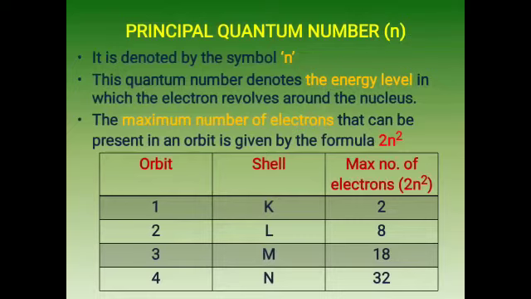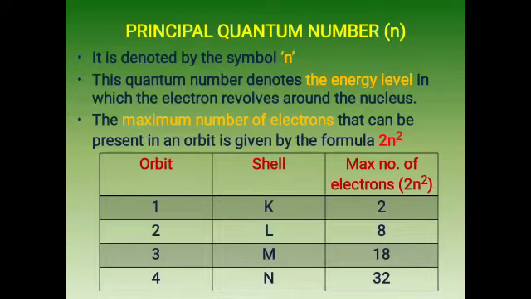Let us see about the principal quantum number. It is given by the symbol n. What does this principal quantum number denote? It denotes the energy level in which the electron revolves around the nucleus. We know very well that every atom contains various energy levels around the nucleus. Here, through this principal quantum number, one can identify how many electrons can be accommodated in different